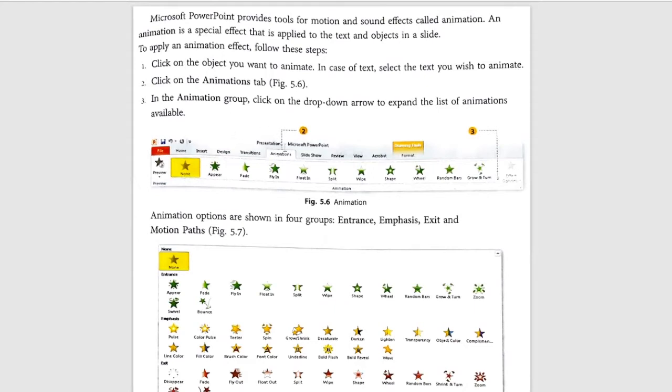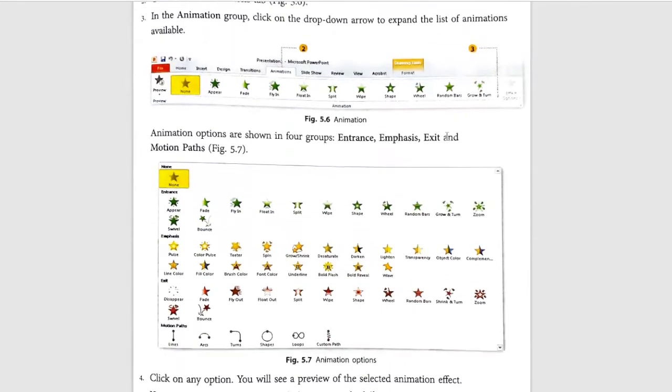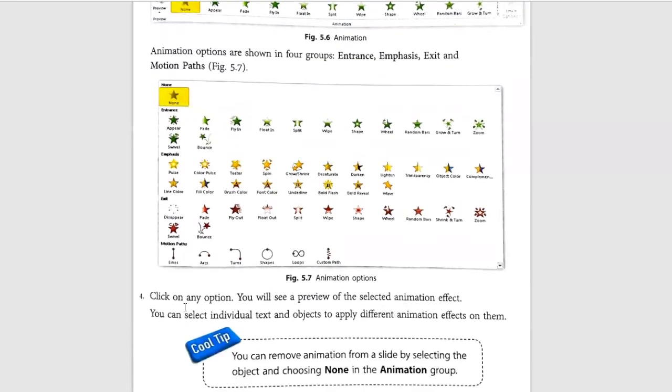In the animation group, click on the drop-down arrow to expand the list of animations available. Animation options are shown in four groups: entrance, emphasis, exit, and motion path. Click on any option.